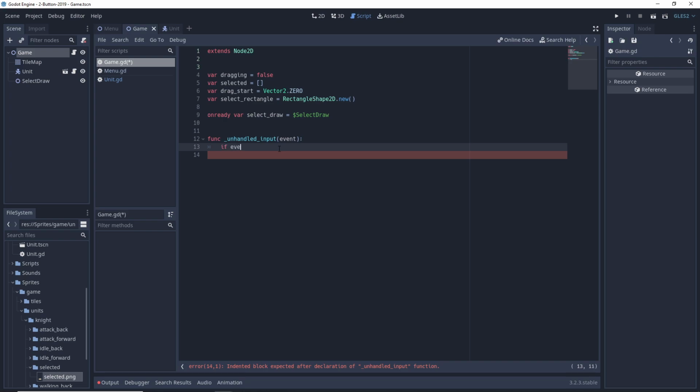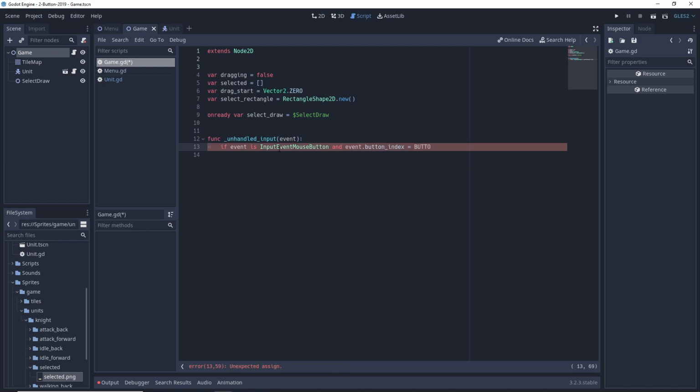If our event, an input event mouse button and button index button left, if event is pressed, then when this happens, what do we know? We know that we just clicked the button and we potentially want to start dragging. So in case that we have already units selected, we will assign an empty array to this, because we want to deselect those units first of all, and we want to set dragging to true,